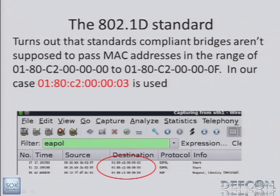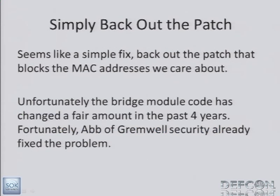All right, this doesn't seem like rocket science. We pass it, it all works. So back out the patch, and away we go. Well, unfortunately, the bridge code has seen a fair amount of maturity over the past few years, so simply backing out the patch from 4 years ago doesn't really work. But